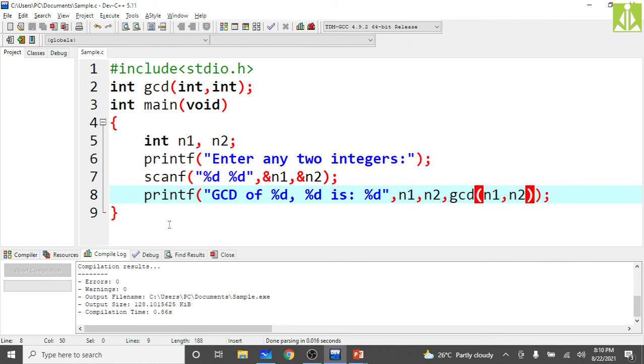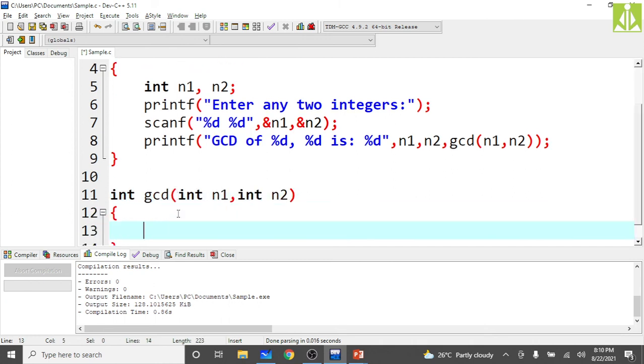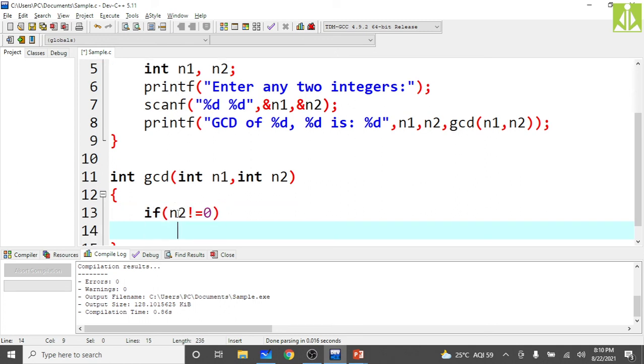So now we have to write the definition for that GCD function. int GCD of int n1 comma int n2. If at all n2 not equals to 0, return, this is our base case, GCD of n2 comma n1 modulo n2.